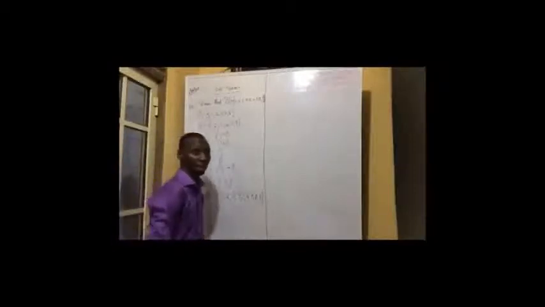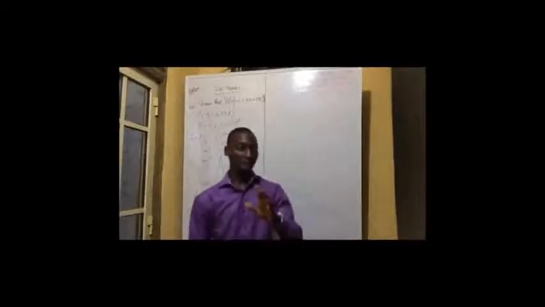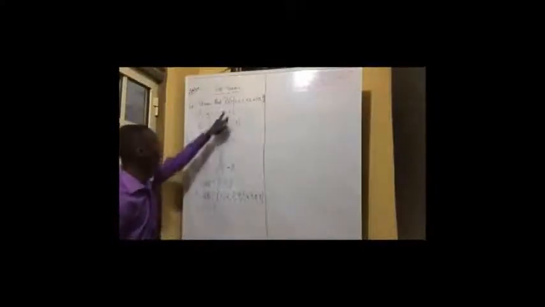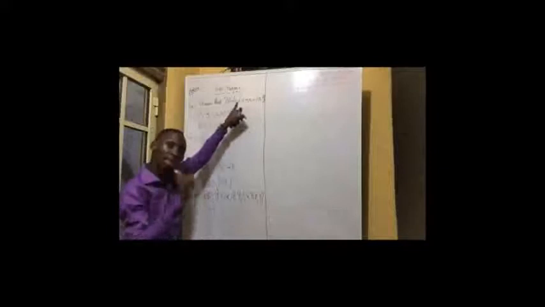So the next one is our A complement. So what is my A complement? The complement of a set, let's take set A as a case study. The complement of a set A is those elements that are not in A but in the universal set. So let's check out. Go to your universal set. Now check out those elements that are not here but here. If you look at 1, it is in set A and also in the universal set, isn't it? Or let's go to the universal set, and all the elements that are not in A but in the universal set are those elements in our what?